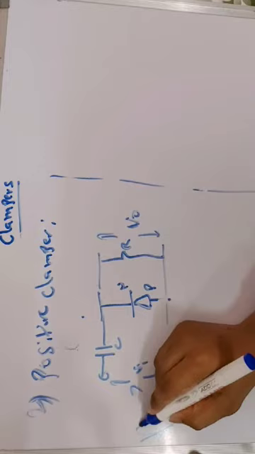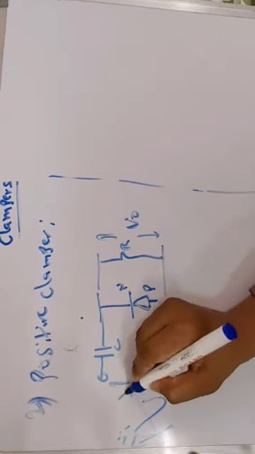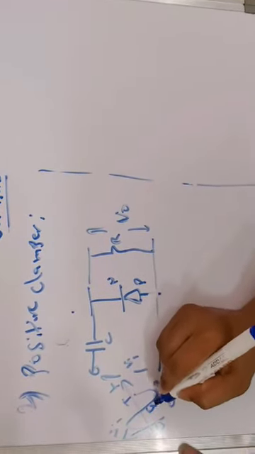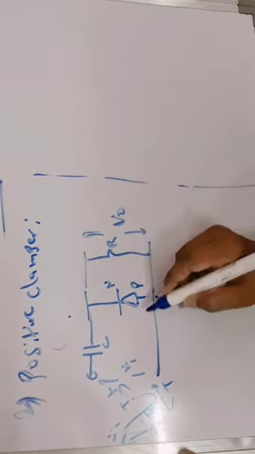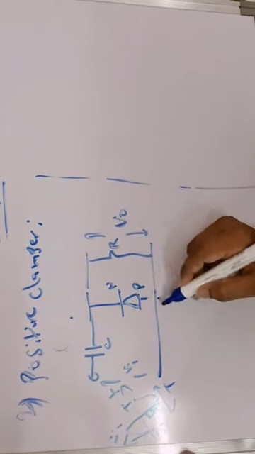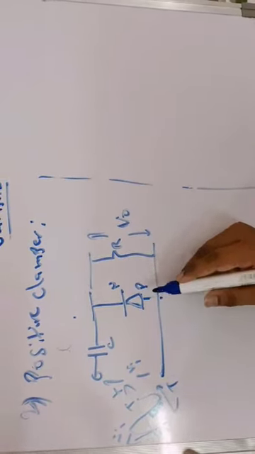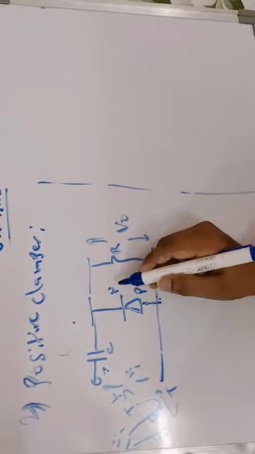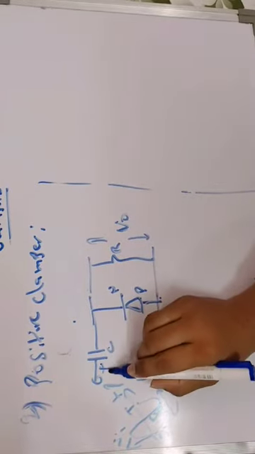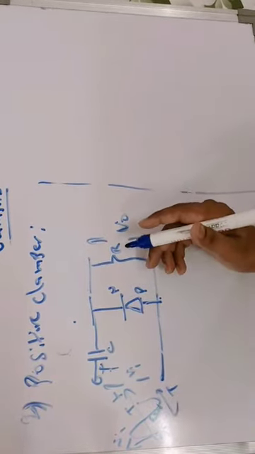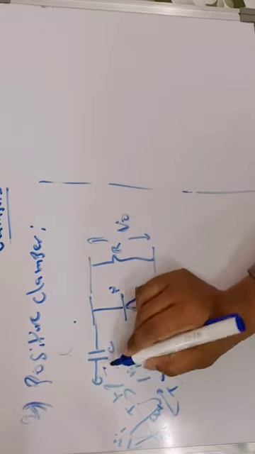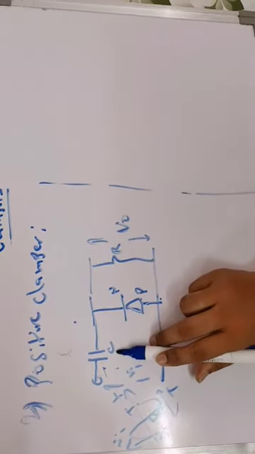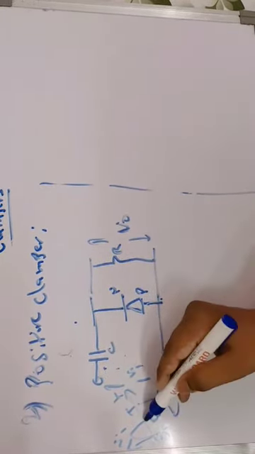Let us consider the input signal to be a sinusoidal signal with a fundamental time period of T, so this is T by 2. Now this capacitor charges only when the diode is forward biased. The diode is forward biased only when we apply a negative voltage, negative being given to the N-type. If you apply a positive voltage to the N-type, the diode is reverse biased. So we have to apply a negative voltage here so that the diode is forward biased. When the diode is forward biased, the capacitor stores energy in the form of an electric field. So we'll consider the negative half cycle here.